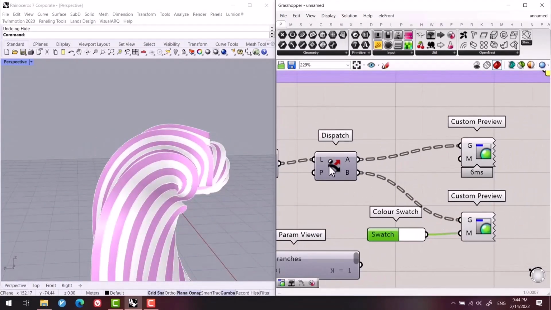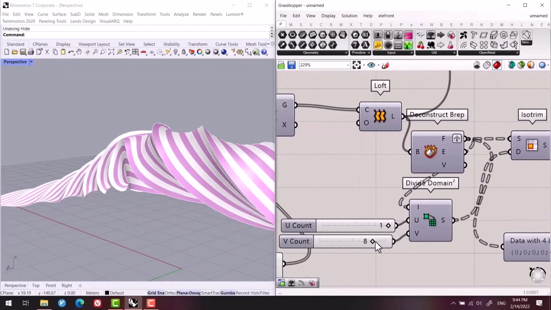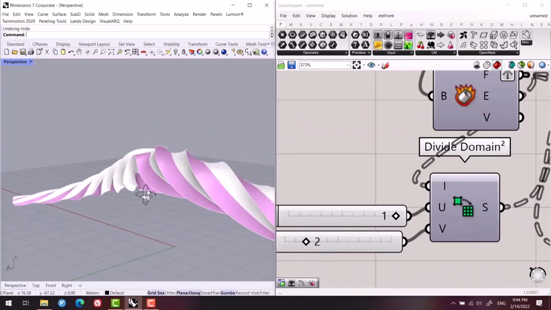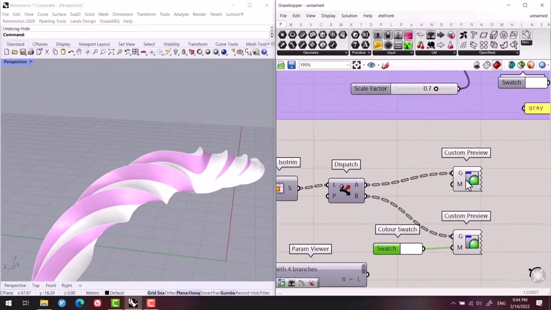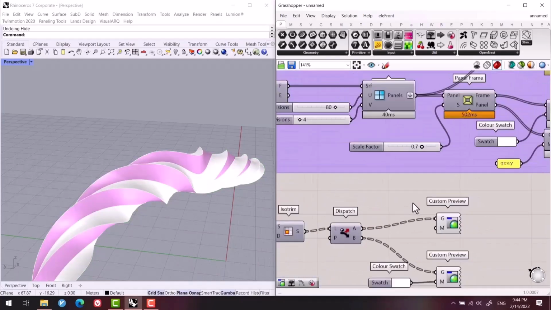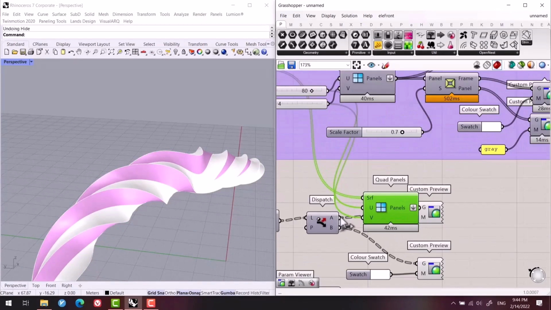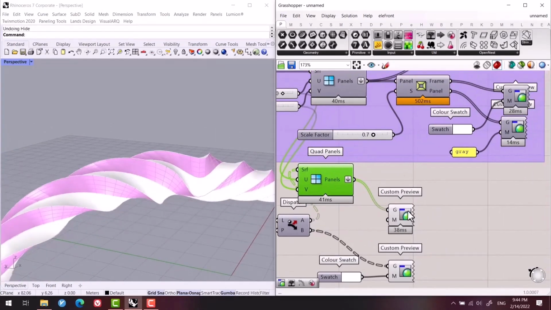So in order to create the panels, we can minimize the number of divisions, U and V, for example to 2, and then we can make a copy of Quad Panels and give the list A of Dispatch to Surface,